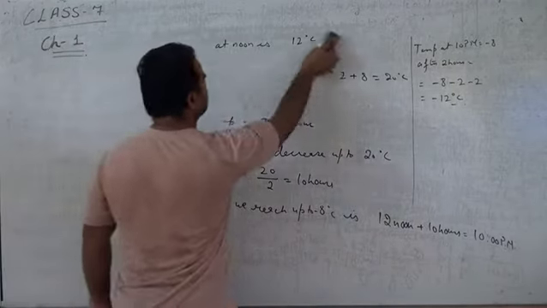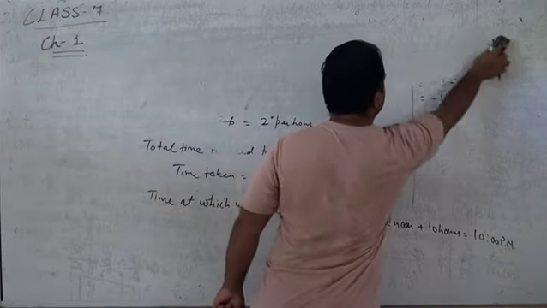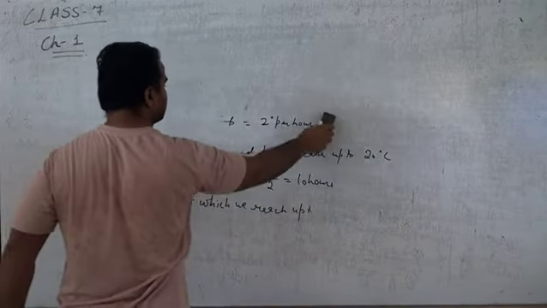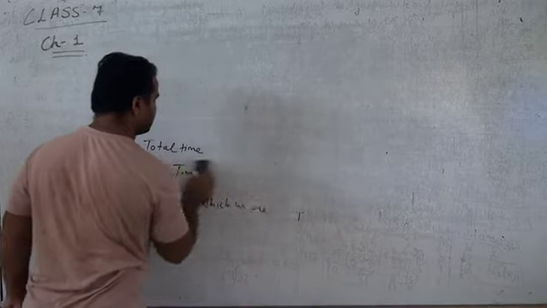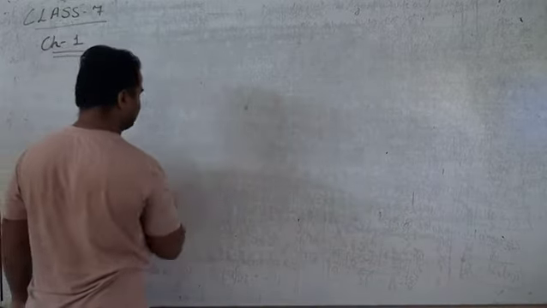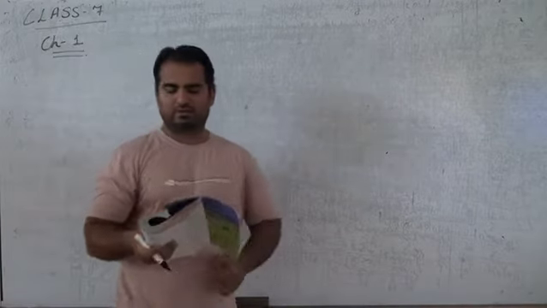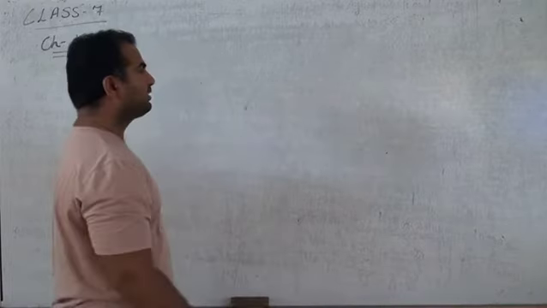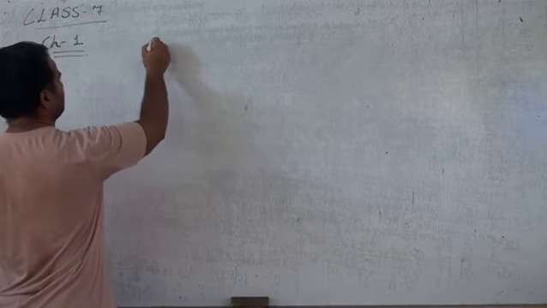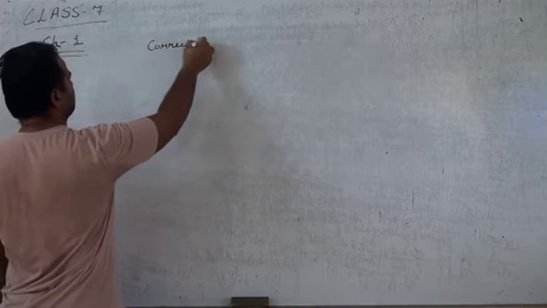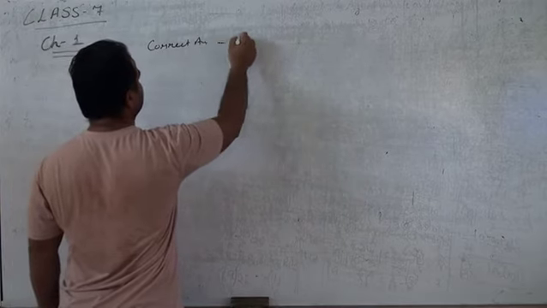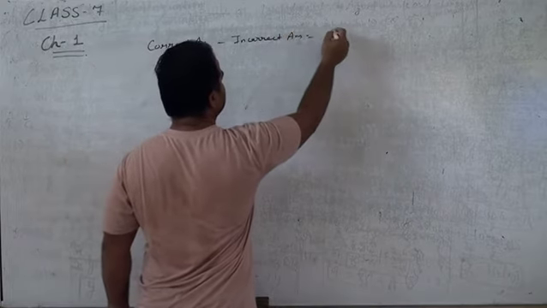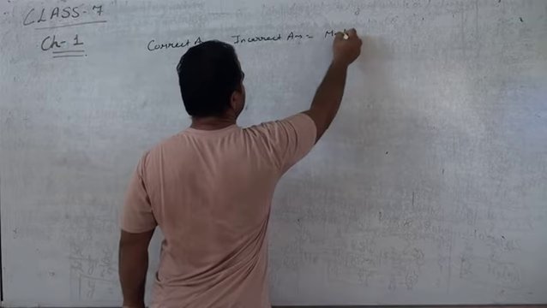In a class test, 3 marks are given for a correct answer and 2 marks are deducted for every wrong answer. So Radhika got 20 marks. Correct answer minus incorrect answer equals to what marks awarded.